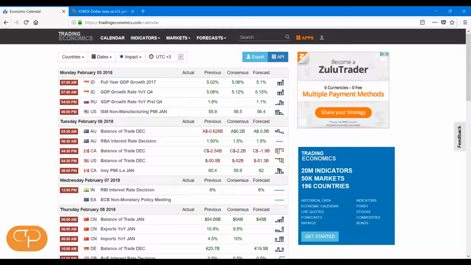Hello traders, I'm Jim and this is my analysis for the Australian dollar versus United States dollar, in which I'll briefly talk about the fundamental drivers and then discuss my point of view regarding the graphical analysis and the opportunities